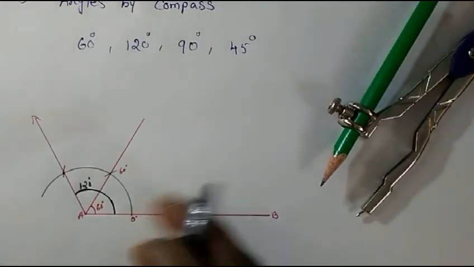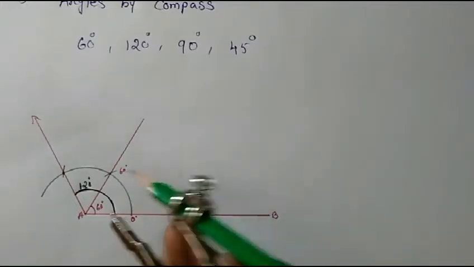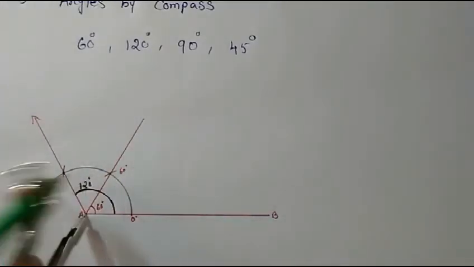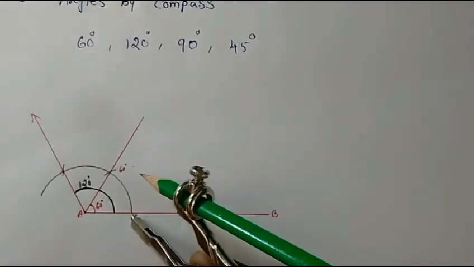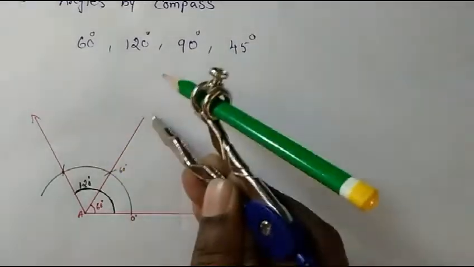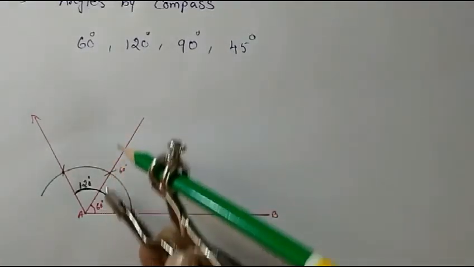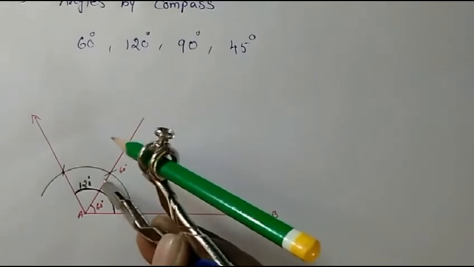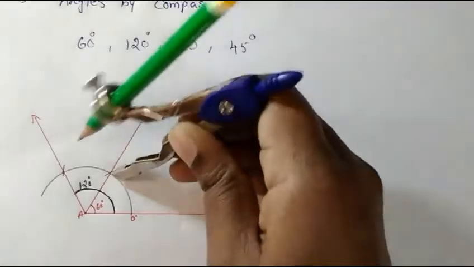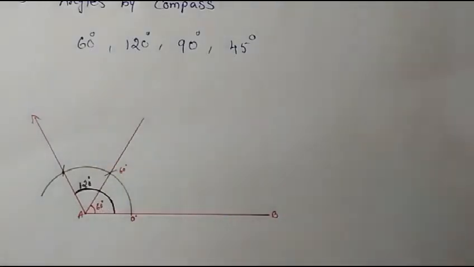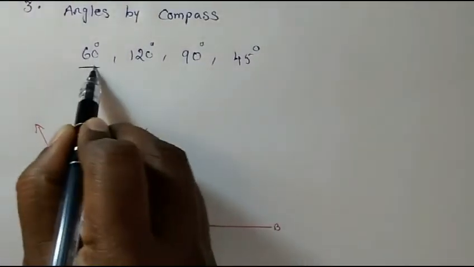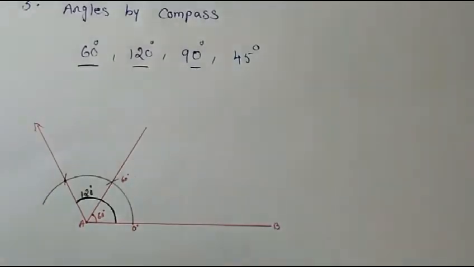Is it clear? First you have to just open randomly, keep on point A and draw the semicircle. The same measurement you will keep on the starting of this arc. Give one cut. That angle will be 60 degree. If you keep on the 60 where it has cut, at that same point you give another cut, then this is 60, another 60, together it becomes 120. Is it clear? So now let's do 90. Okay, 60 we finished, 120 we finished. Let's do 90.